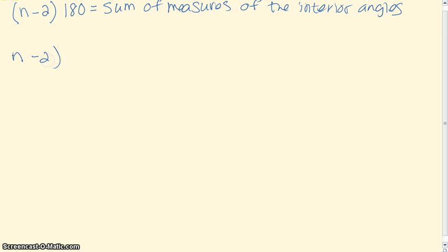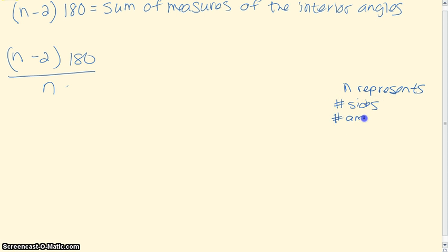Whereas this quantity divided by the number of angles, because remember n represents not just the number of sides, but also the number of angles, and also the number of vertices, equals the measure of one angle